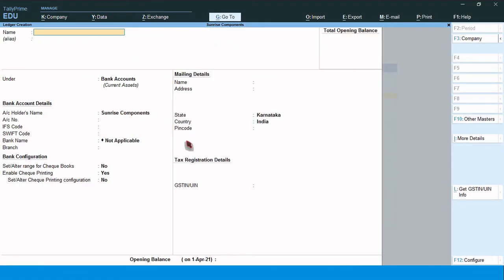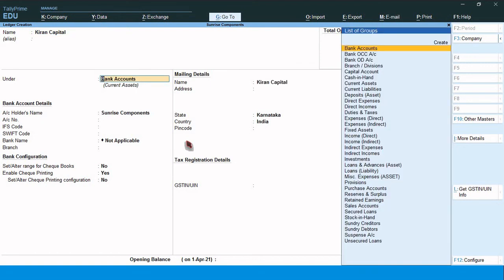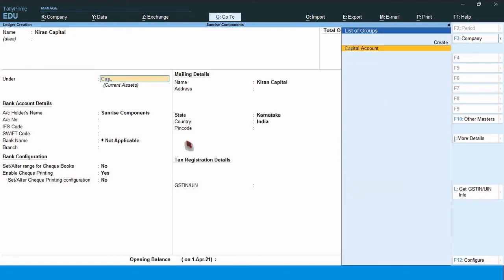And create one more ledger for supporting transactions, Kiran Capital. Because the bank balance will show negative balances, I will create one more ledger, that is Kiran Capital, under capital account.